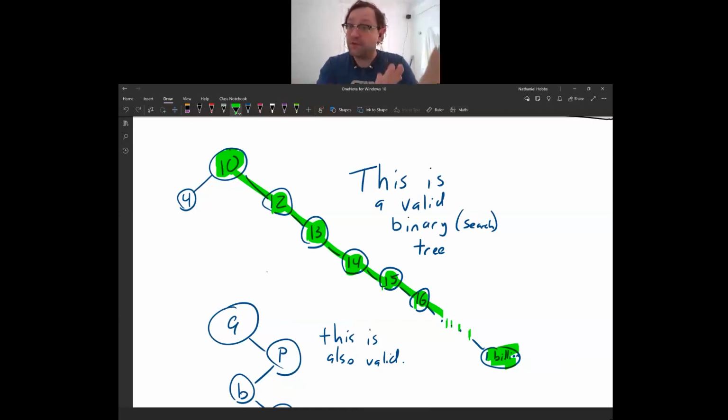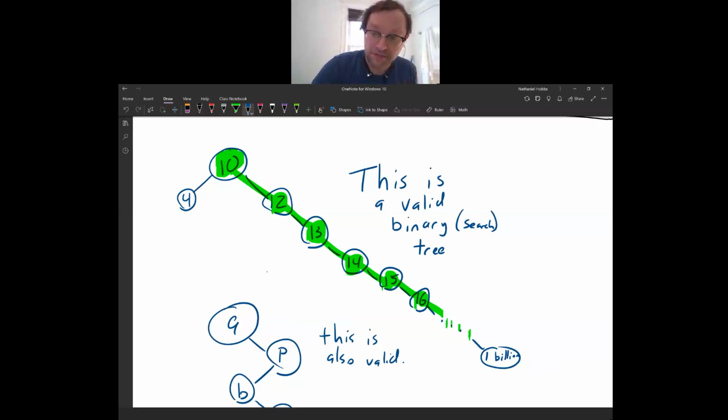If you have a tree that's not balanced, then the binary search doesn't have this log n time guarantee, because there's no way to jump around the tree. You can only start at the root and step by step traverse it, going deeper and deeper each time. So that's why we care about